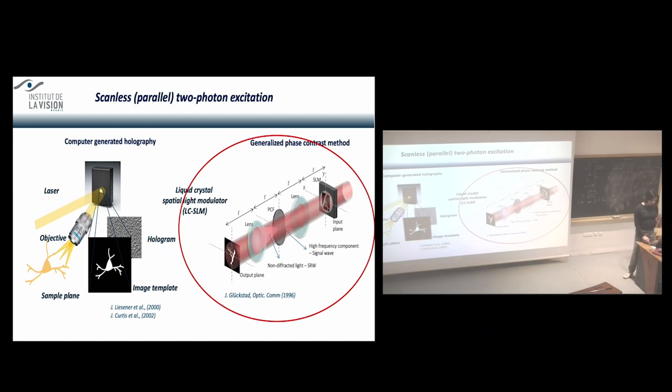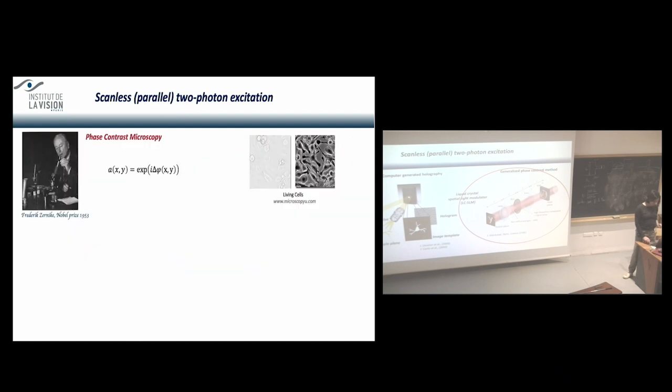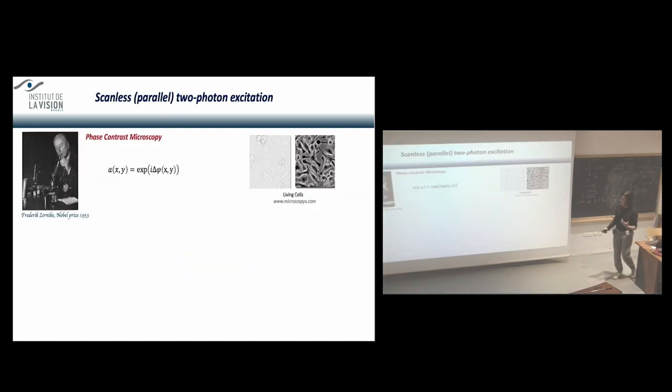I will quickly talk to you about this one too, because it's something we will use at the very end of the lecture, if I can manage to reach that point. Generalized phase contrast is a modern version of a very old approach in physics, phase contrast microscopy. This time, the inventor is Frederik Zernike. Phase contrast microscopy was introduced in order to visualize a transparent